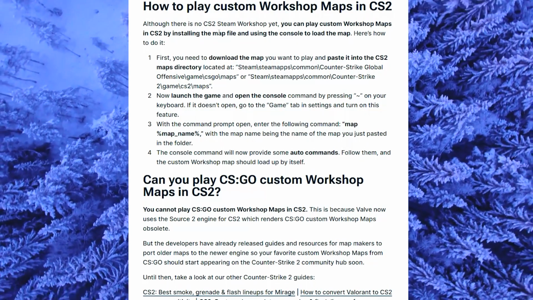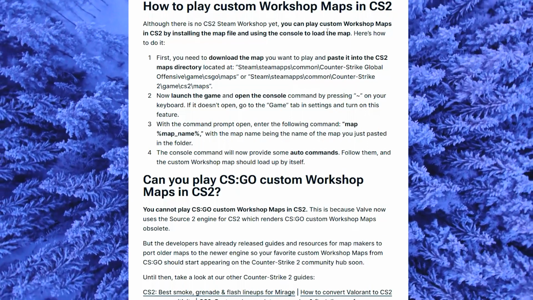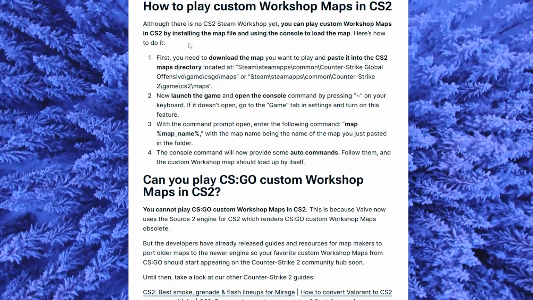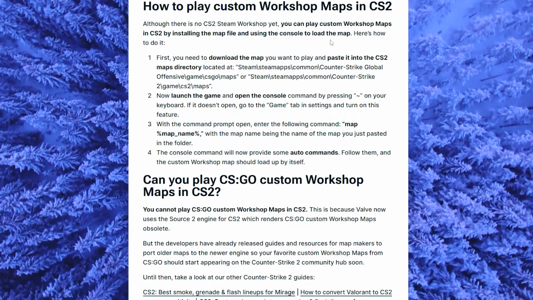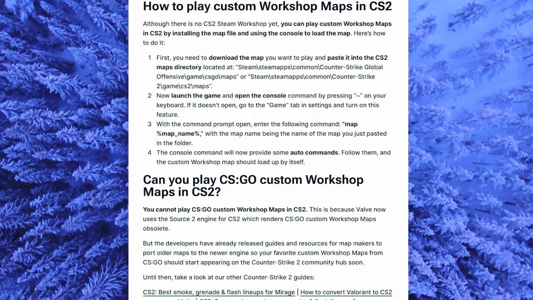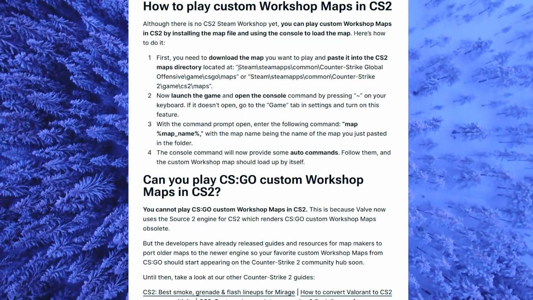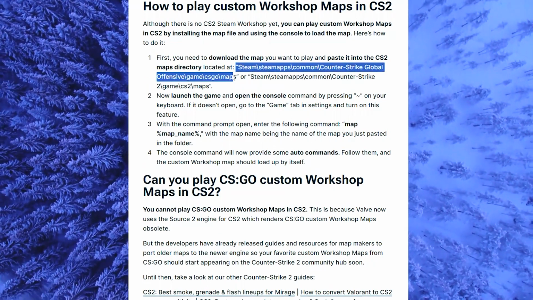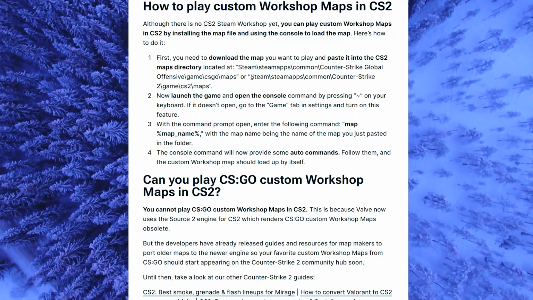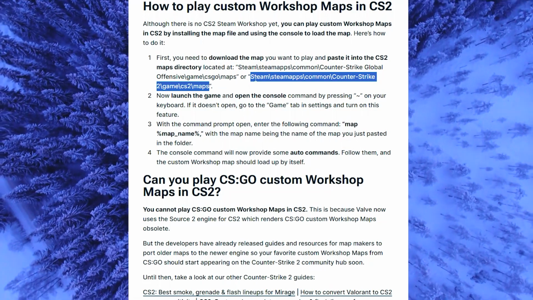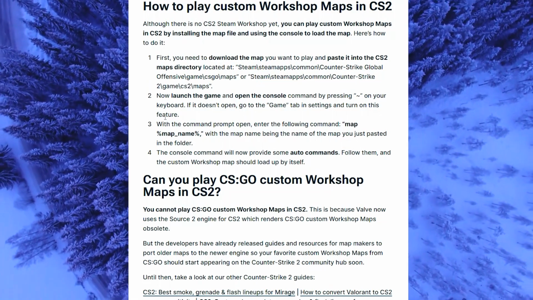Although there is no CS2 Steam Workshop yet, you can play custom workshop maps by installing the map file and using the console to load the map. To do this, you need to download the map you want to play and paste it in the CS2 map directory located here. This or this one that I'm highlighting. Pause the video, and then launch the game and